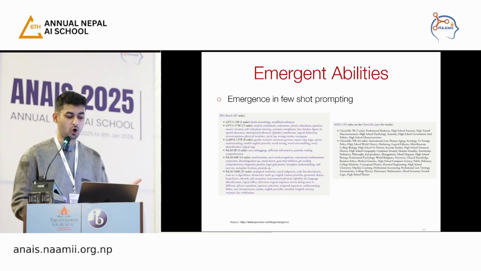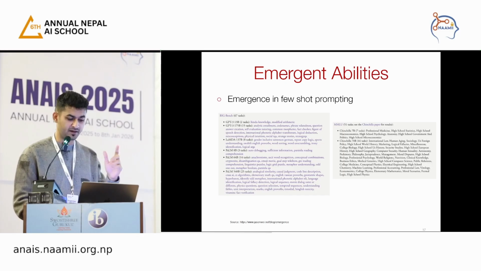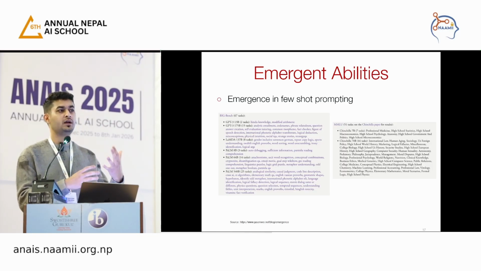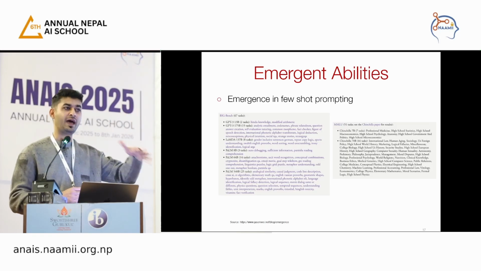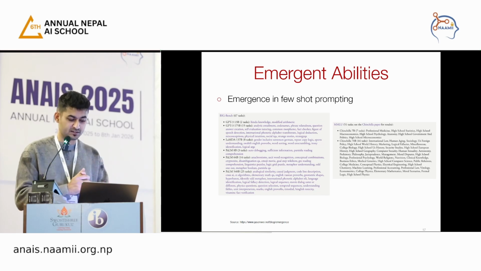There's a benchmark called Big Bench, which has around 67 tasks. I'm sorry if the text is not clear at the back, but I can read some of those tasks. Some of the tasks are like Hindu knowledge, which is a fact recall task, a lot of question answering tasks, arithmetic, coding, social IQ, and physical intuition, like if you throw a ball, what happens. Similarly there's another benchmark called MMLU, which is very popular in the evaluation of large language models as well as even multimodal models.